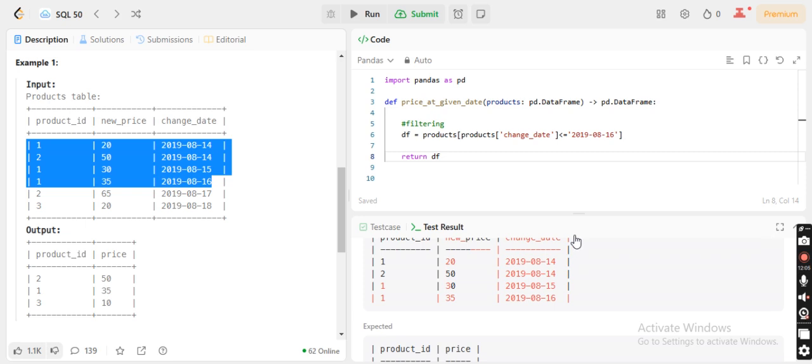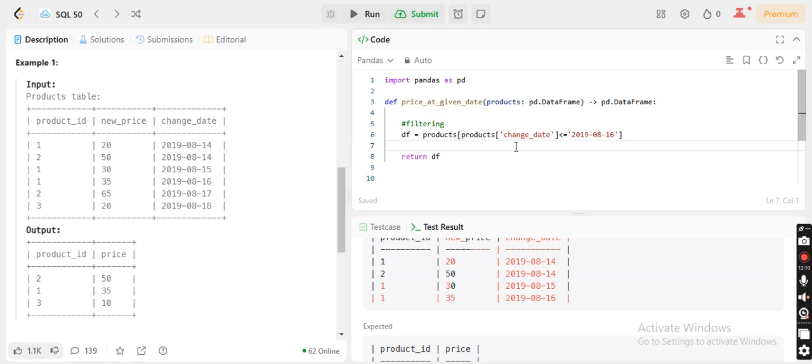right? After this, what we did, we included a row number here. The same thing I am going to do right now. So adding a row column. How do I add a row column? So df of rn, because the data frame now is df, so I am just adding an extra column, equals to df dot group by product id change date, right? We have a rank function in pandas. That rank function I'm going to use here, and